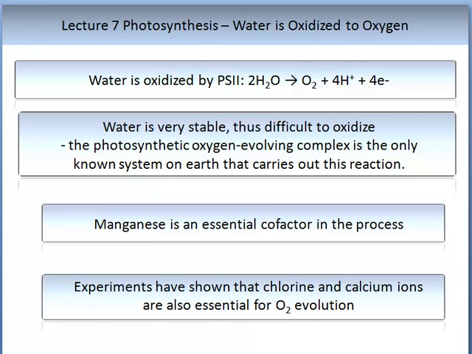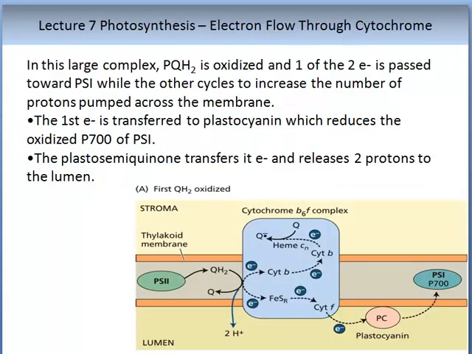Water is a very stable compound, thus it is difficult to oxidize. The photosynthetic oxygen evolving complex is the only known system on Earth that carries out this reaction. Manganese is an essential cofactor in this process. Experiments have shown that chloride and calcium ions are also essential for the evolution of oxygen. In this large complex,